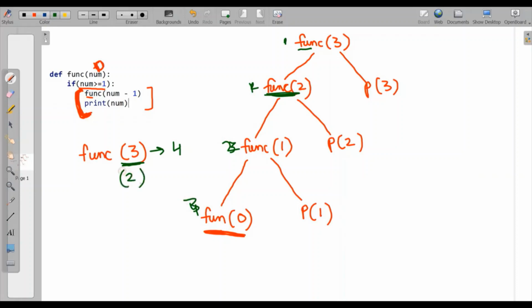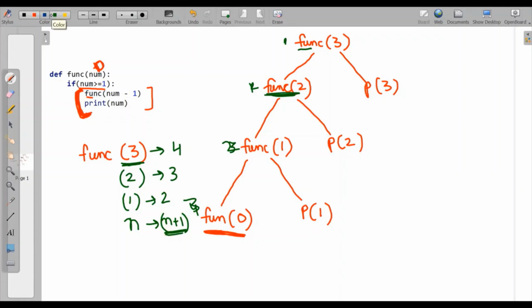So for 2, it is 3. For 1, it is 2. So we can see if we have n, it will be n plus 1 calls. So recursive calls are n plus 1.